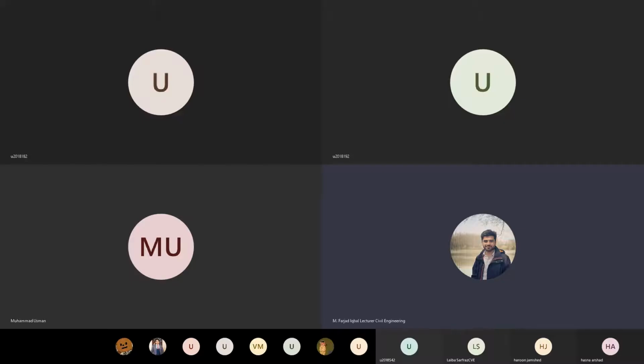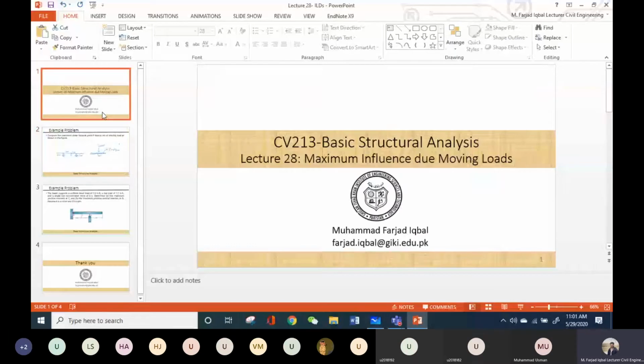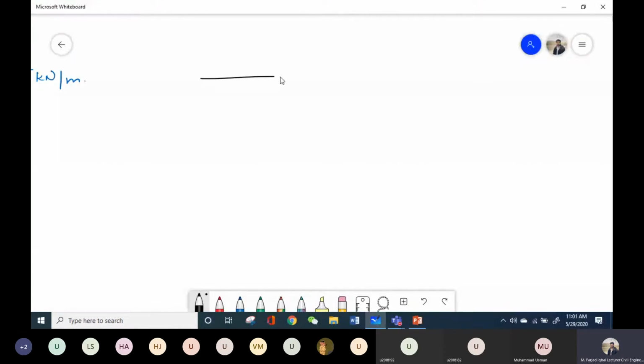Okay. In today's lecture, we are going to continue a topic that we studied before midterm also. Let me go to the whiteboard. If you have one beam, for example this beam, and there is a moving load or a set of moving loads, for example 20 kilonewton or 10 kilonewton, and you want to find the maximum shear force at, let's suppose, this point P due to this moving load, then what was our approach or what